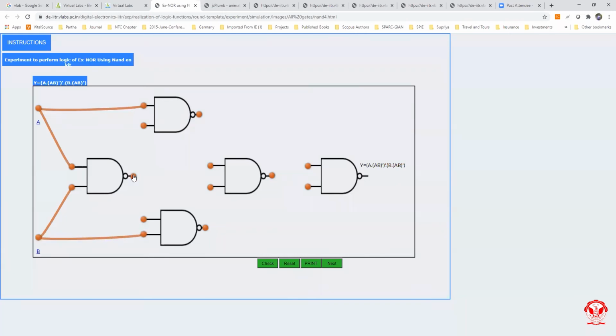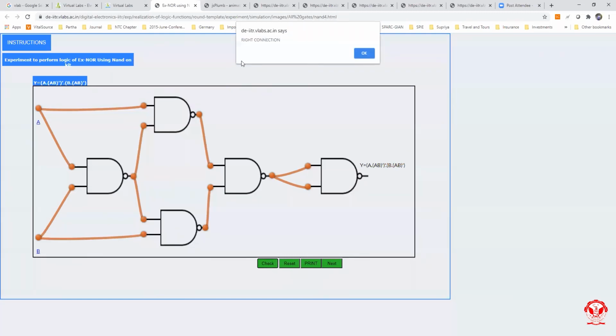Now just click on this and connect to this. Now click on this output and connect to the input of this NAND gate. Now connect this output to the input of the last NAND gate and check whether it is correct or wrong.